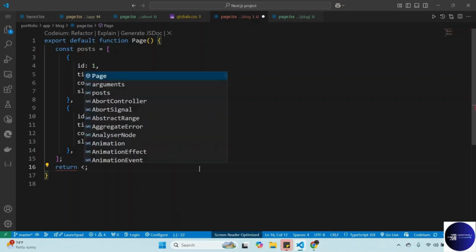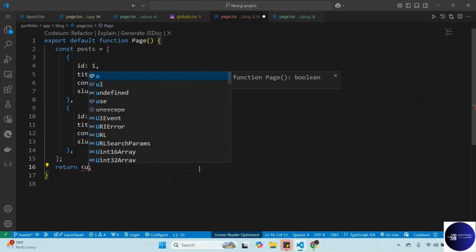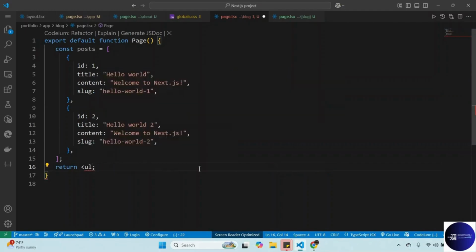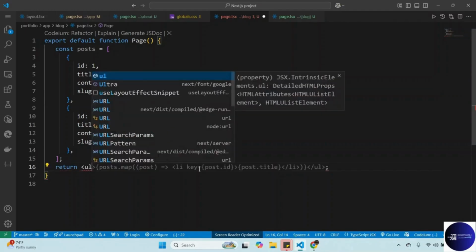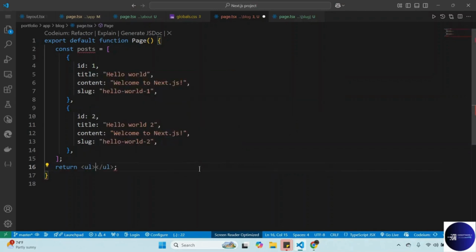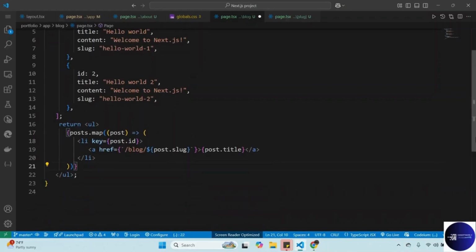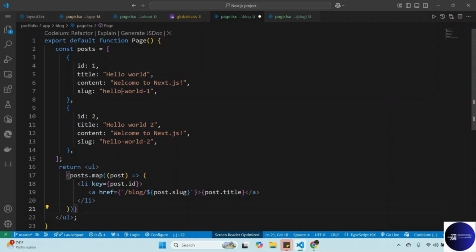To do this, let's first of all create a div. We can also follow the AI, which is helping us to speed up. So we can map through the posts. We have our post list or array there. We're just going to map this post, get each post, and access the title. But instead of this,